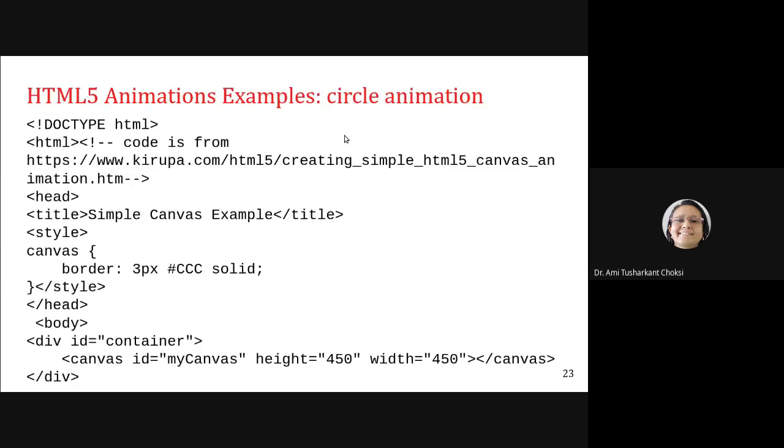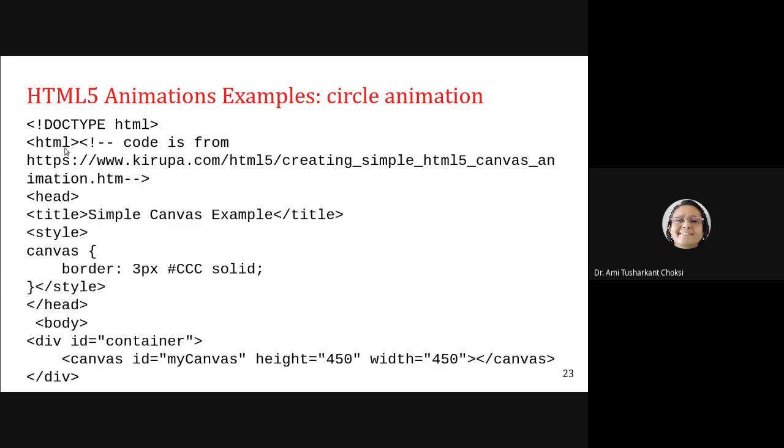So let's see the example of animation wherein we are having this circle animation. What do we want to show here is that the circle is there. It is, say, a smaller one. From that it is getting bigger. Then again from bigger it is going to get a small shape. Right? So for that, let's see what is the code available with us?